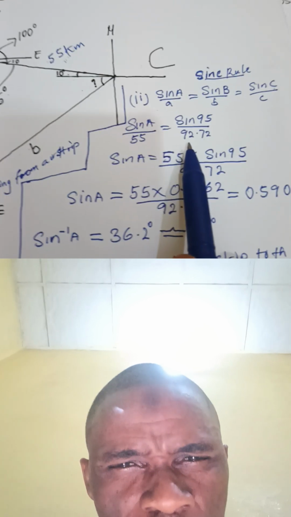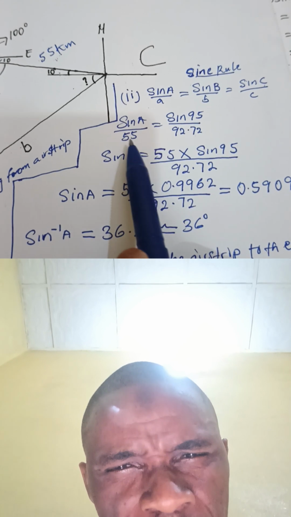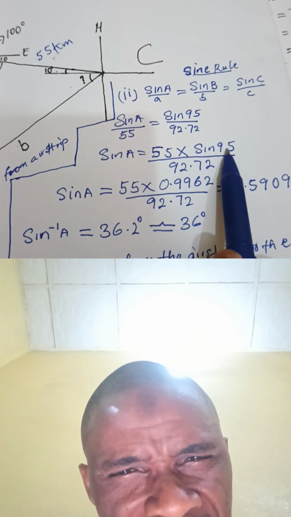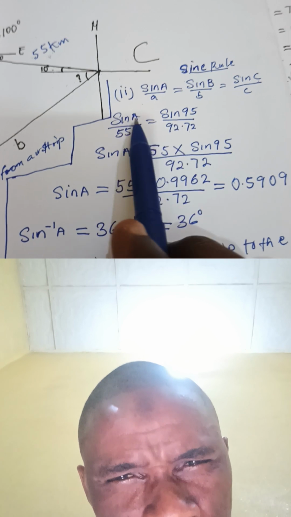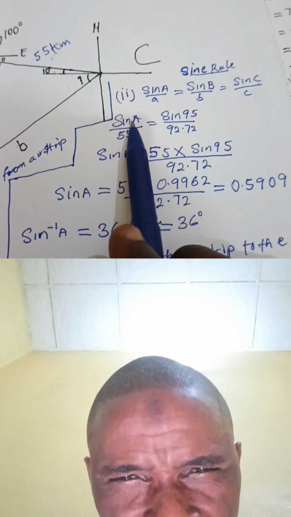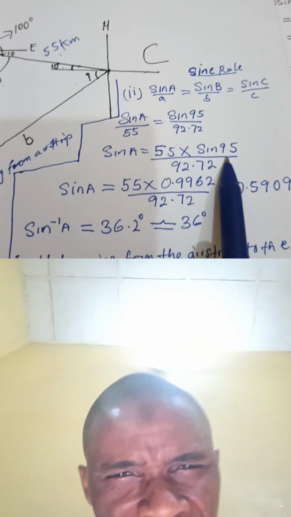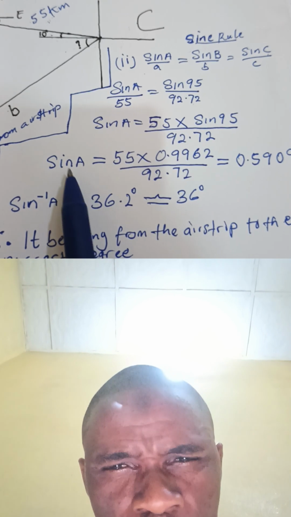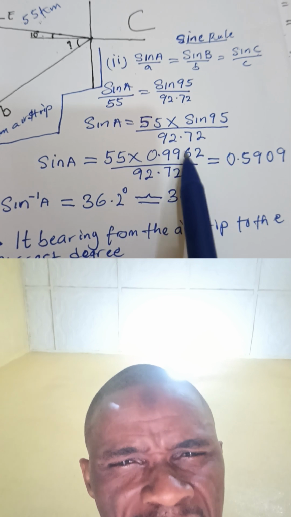That's the distance we looked for, this b. Okay, what we are now going to do is cross multiply. Once we cross multiply, you multiply 55 times sine 95 all over this. Leave the sine A alone. We still bring the 92.72 back, that's why I just leave it. You are going to have 55 times sine 95 degrees. Now, all we need to do is find sine 95 degrees. So we write sine A equals 55 times sine 95, which is 0.9962,